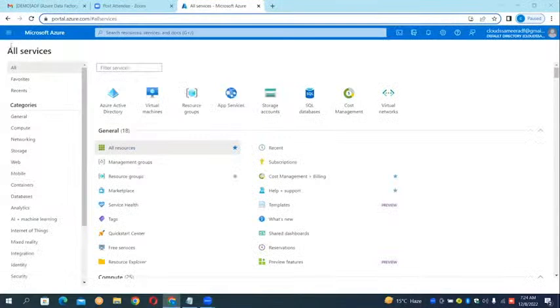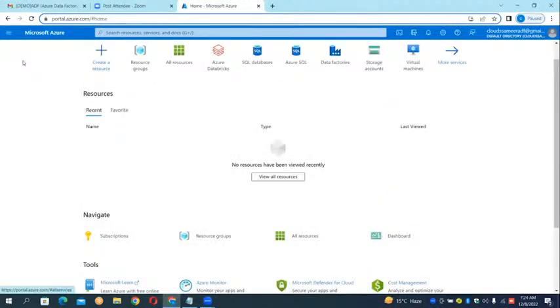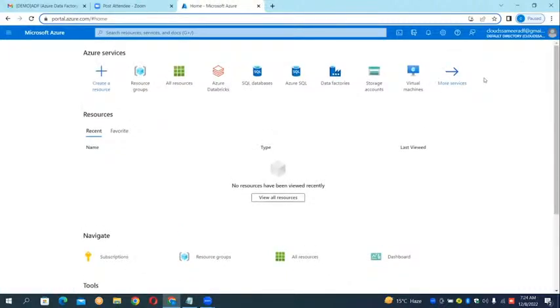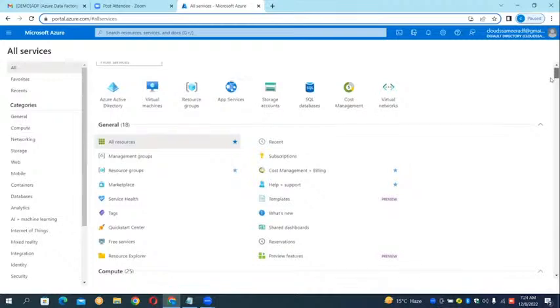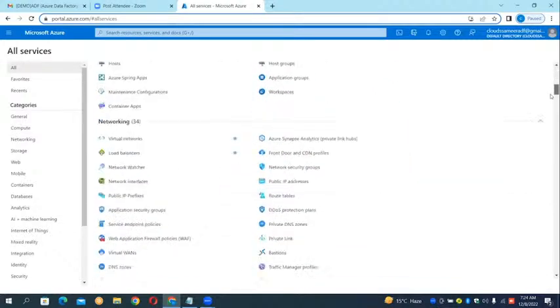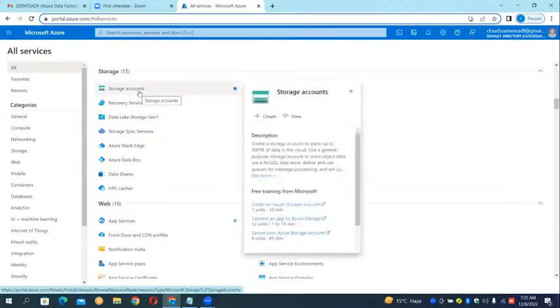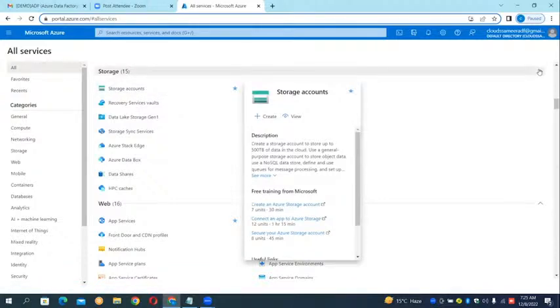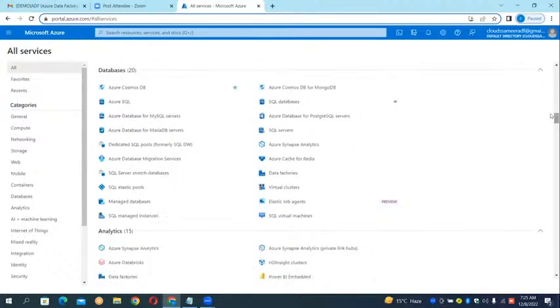Okay, everyone, just have a look here. This is the portal.azure.com. This is a portal. On this we are going to work, and click on the more services. Now, guys, can you see here? These are some of the storages. Then afterwards, these are also the storages.